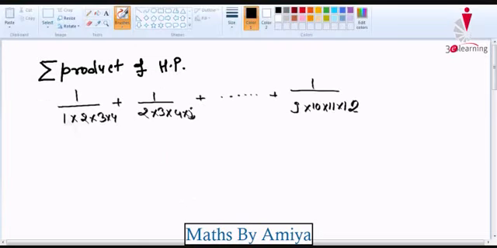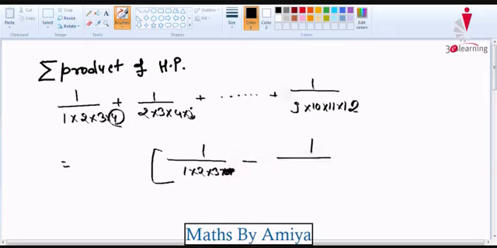Our question is 1 upon 1 into 2 into 3 into 4, 2 into 3 into 4 into 5, till 9 into 10 into 11 into 12. In this we start with the bracket only, the first term but not last. So we miss 4, that is 1 into 2 into 3 into 4, but we do not write the 4, so miss the 4, minus last term but miss the first, 10 into 11 into 12. Before this, number of terms in this, there are total 3 terms, into common difference is 1 by 1. If we solve this, we'll get the answer.